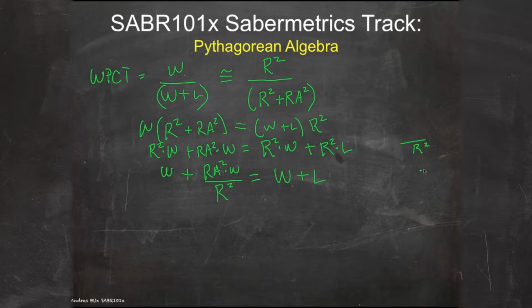If we subtract now wins from both sides, what we get is runs allowed squared over runs squared equals losses. What we do then is,